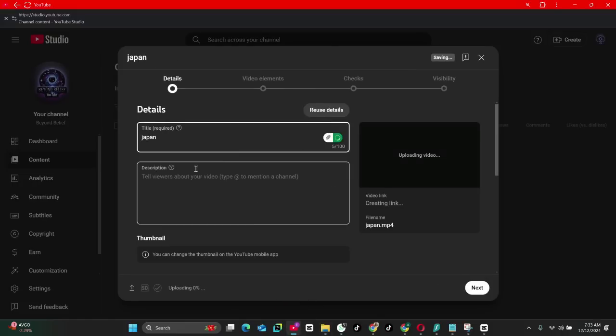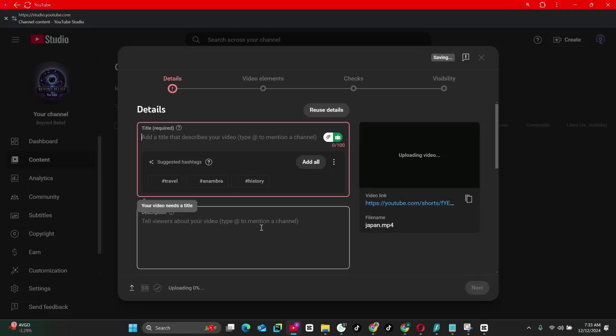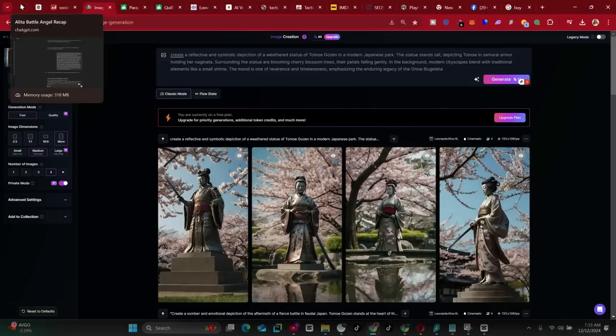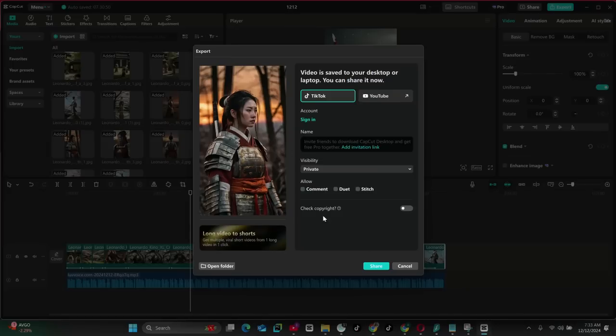Tomoe's fame grew during the Genpei War, a brutal conflict between the Taira and Minamoto clans. She was a loyal retainer of Minamoto no Yoshinaka, her lord and companion. At the Battle of Awazu,